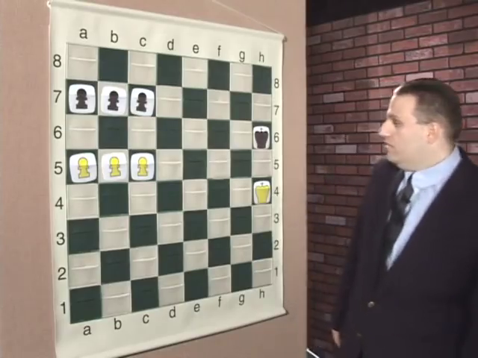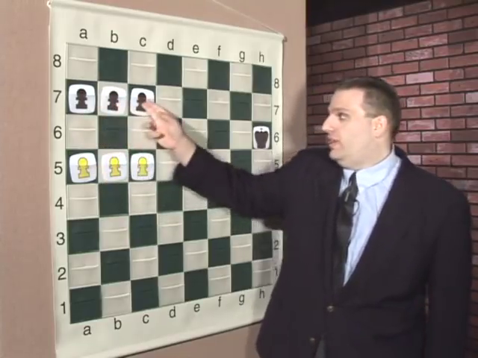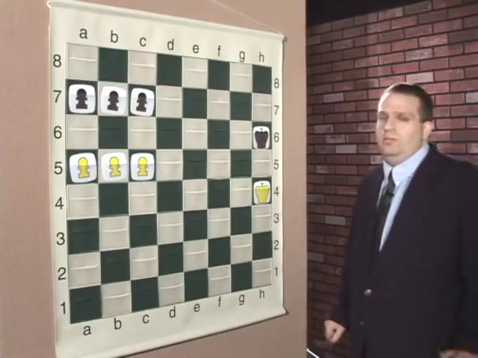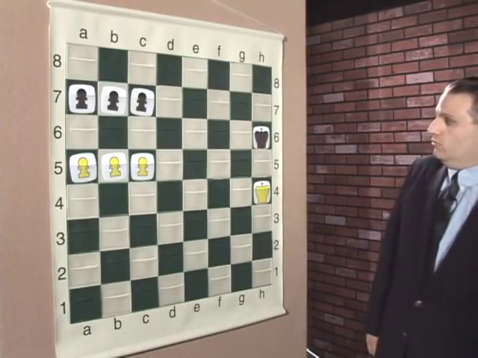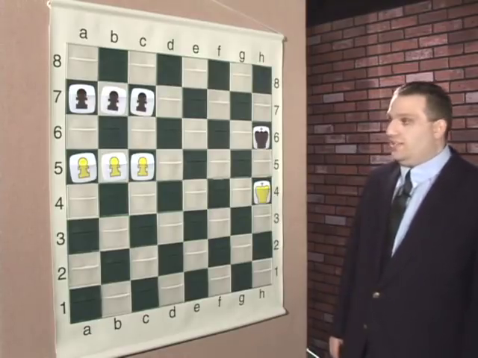Now we're going to get into a little more complicated position where both sides have many pawns. Okay, so we have 3 pawns on the queen side for white and 3 pawns for black. And they're all blocking each other, so you would expect this would probably be a draw. However, we're going to learn about a new term in this position, a new concept, and that concept is called